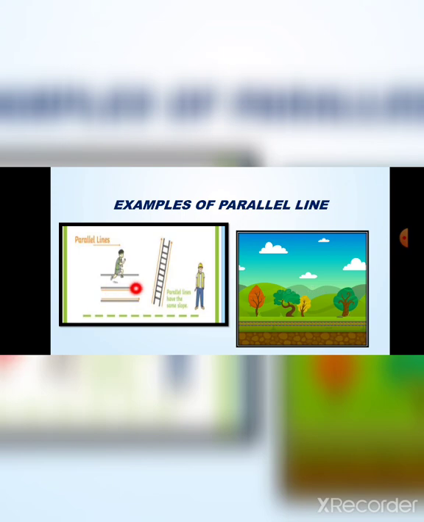The racing track does not intersect with each other. The ladder which is shown over here, it is going straight simultaneously. Both the lines of the ladder are going straight. They are not mixing with each other. Then the railway track, that also without intersecting or without cutting each other, is continuously going along.